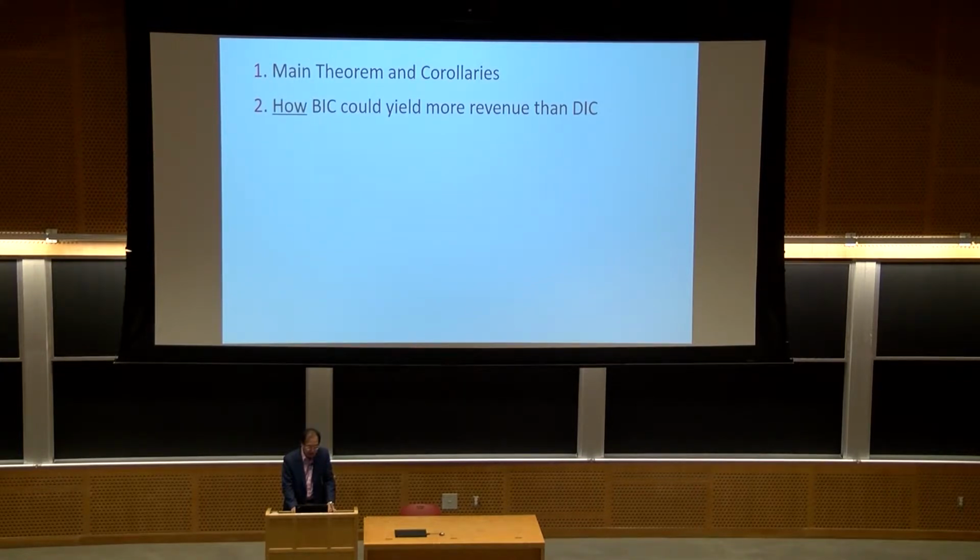And after that, we'll give some intuition on how the Bayesian incentive compatible mechanism could yield more revenue than the dominant strategy one. And then we're going to tell you something about the optimality proof of such mechanisms. And in this process, it's going to tell us something more about the nature of the contrast between these two types of mechanisms. And then lastly, we'll